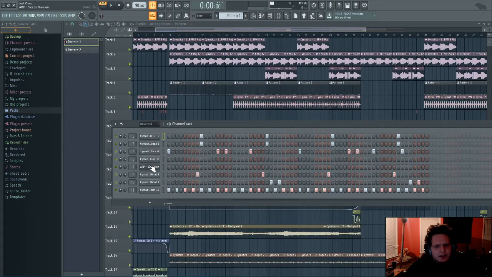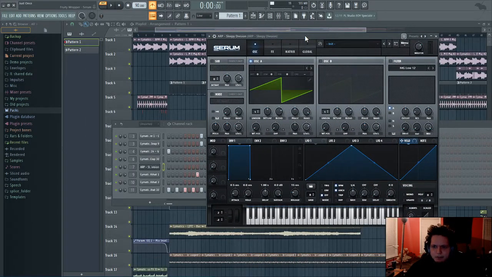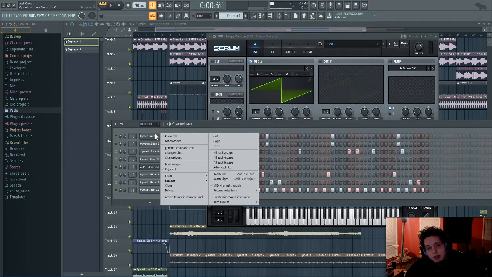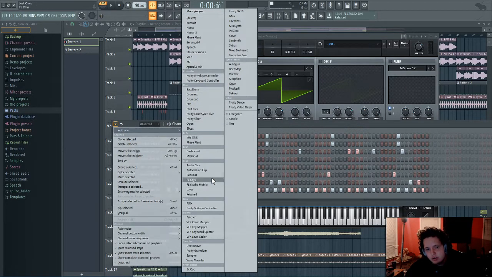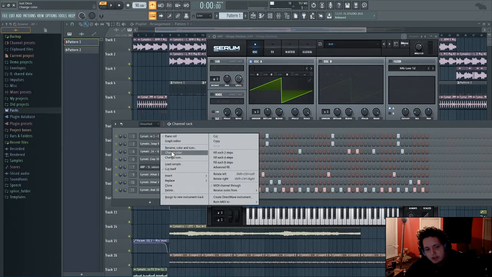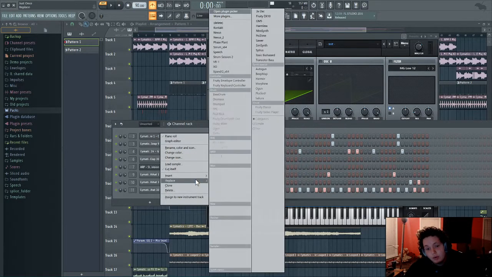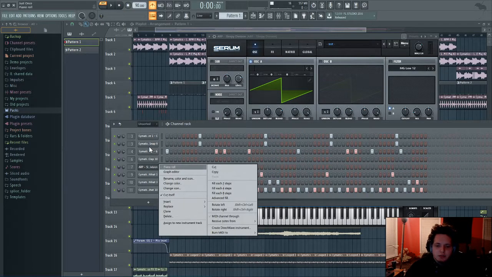The only other thing is if you're using a plugin, this is Serum, a very expensive plugin. If you're inserting a plugin, which I probably should have shown you how to do, you can do one of two ways. You can click this little arrow here, add one, and then click a plugin here. Or you can right-click something that's already in the channel rack, insert or replace, whichever you decide to do, and insert it. So let's say we add in